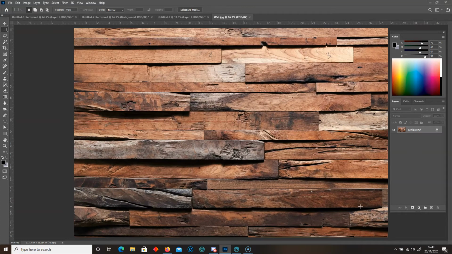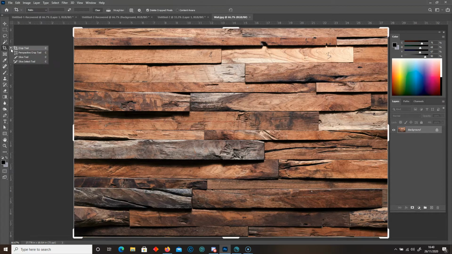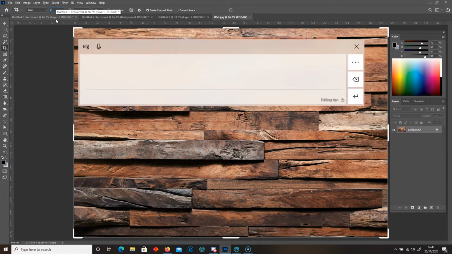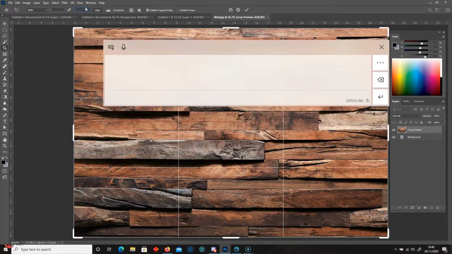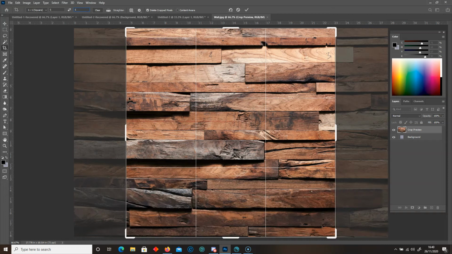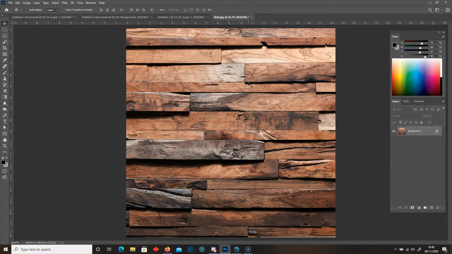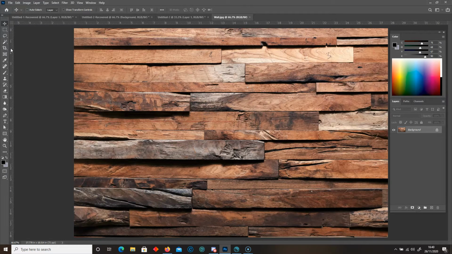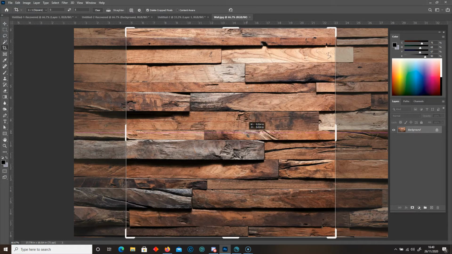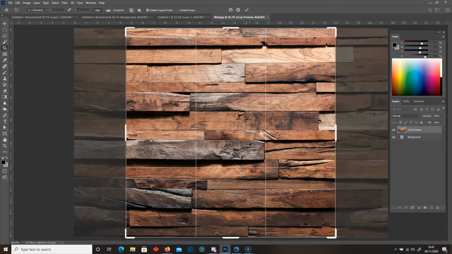So the first thing we need to do is try and crop this to a square aspect ratio. It's currently rectangular. So we're going to go to the cropping tool. We're going to set the ratio to 5 by 5. Okay, so that's going to snap into the center. And you might need to make some adjustments and move it from side to side. So let's just go back to the crop. You may need to move this, but for now I'm just going to keep this 5 by 5 and do